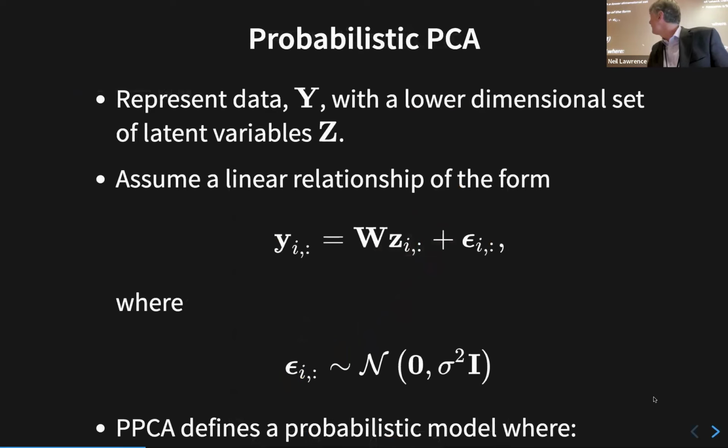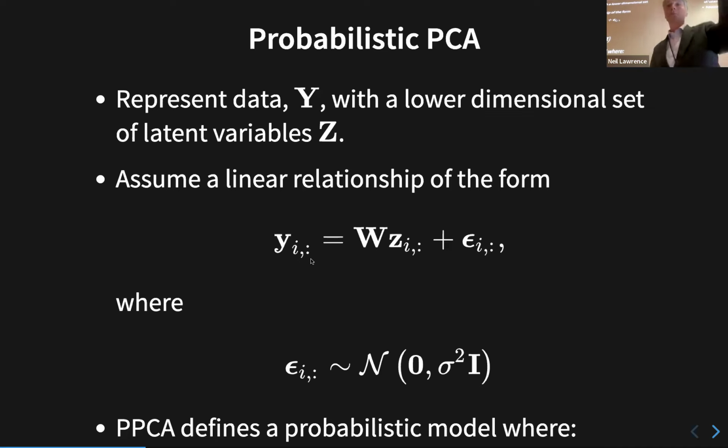But rather remarkably, there is this other approach, the Hotelling approach, that I find much, much more interesting in relation to what we're trying to do. So what we're going to do here is represent data Y with a lower dimensional data set of latent variables Z. And we're going to be explicit about what that representation is. So we're saying that every observation Y, so Yi is the ith data point, and it's the row of a